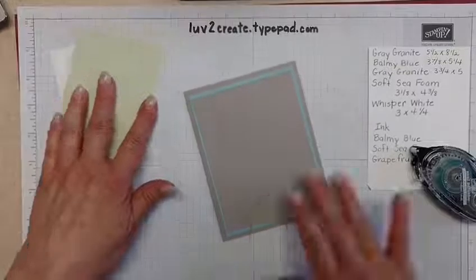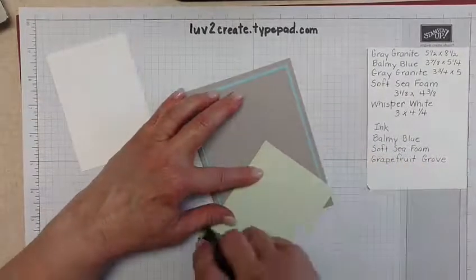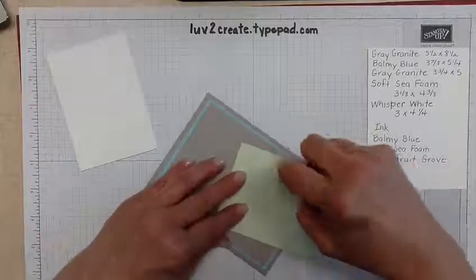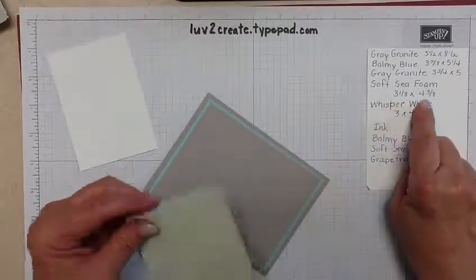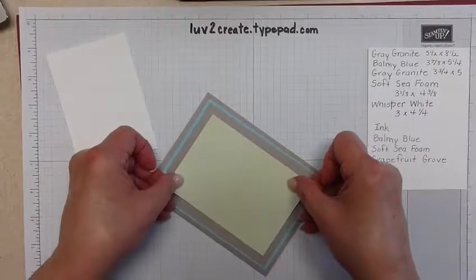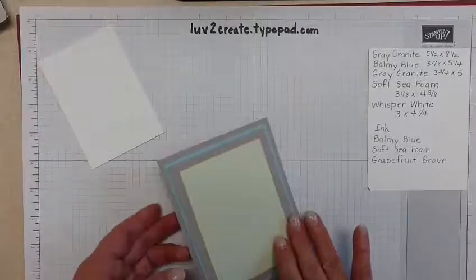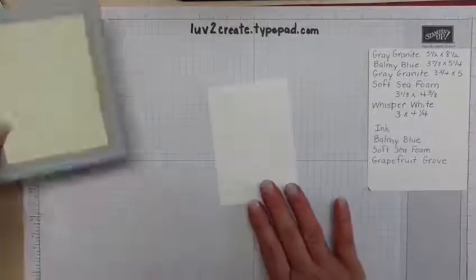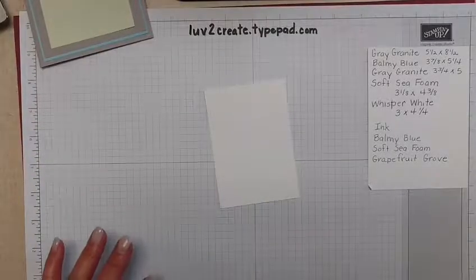And then we're going to add the soft sea foam to the card. The measurement for the soft sea foam is 3 1/8 by 4 3/8. So I'm going to try to center that. And that has our base ready to go. And we're ready to color in this to make our